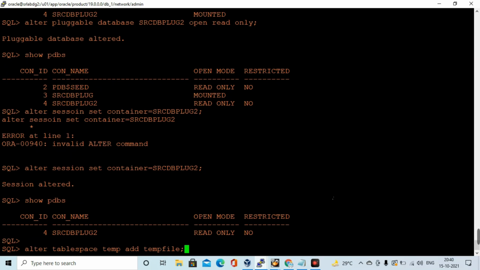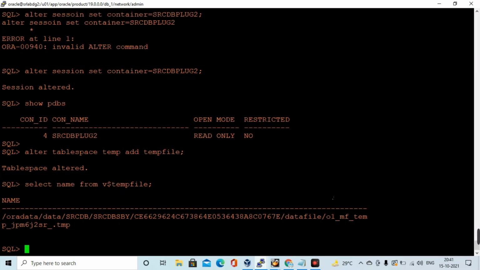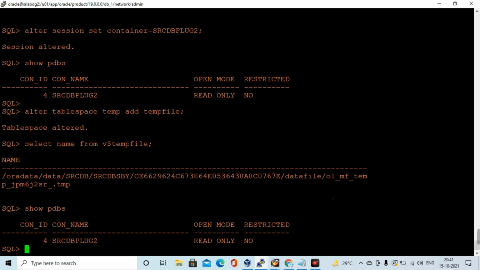Alter tablespace temp add tempfile. So we have created the temp file as well.